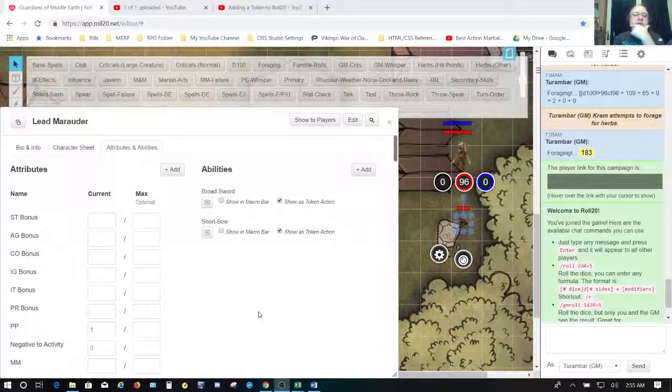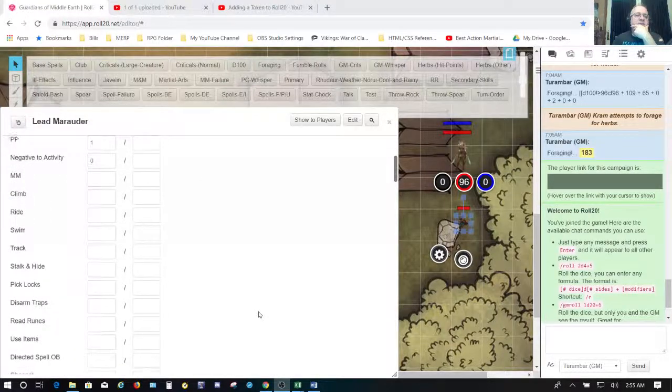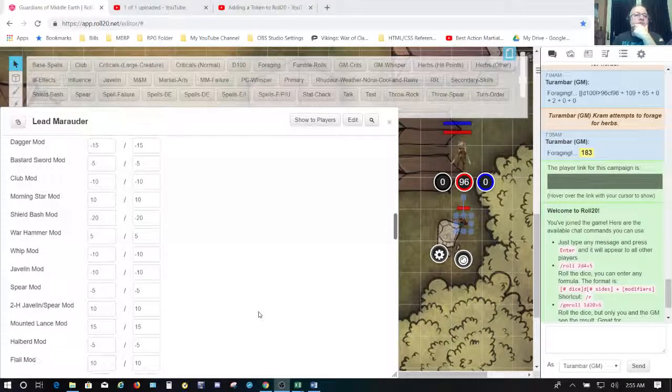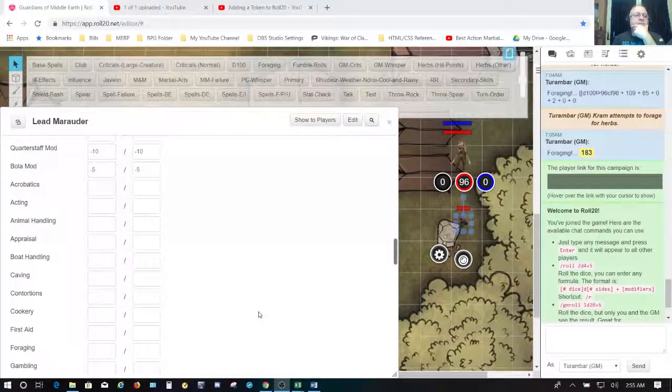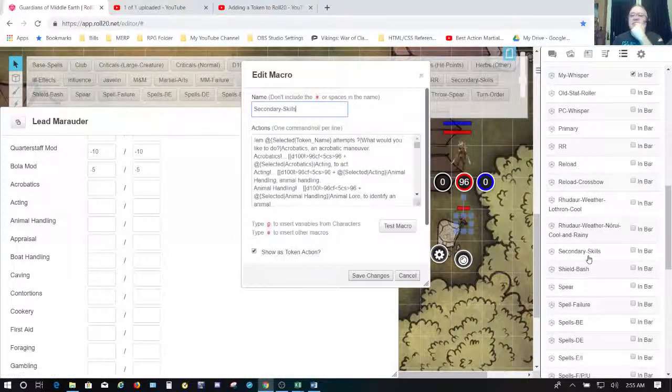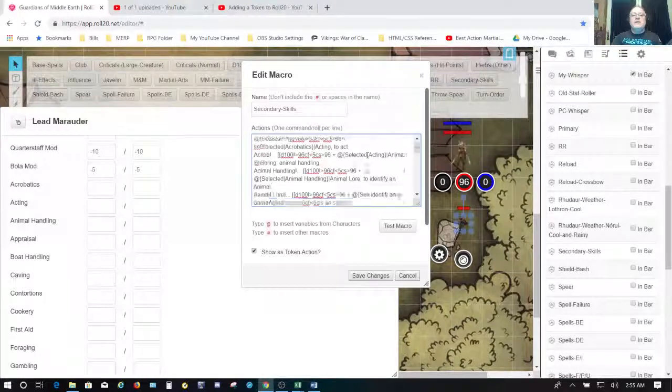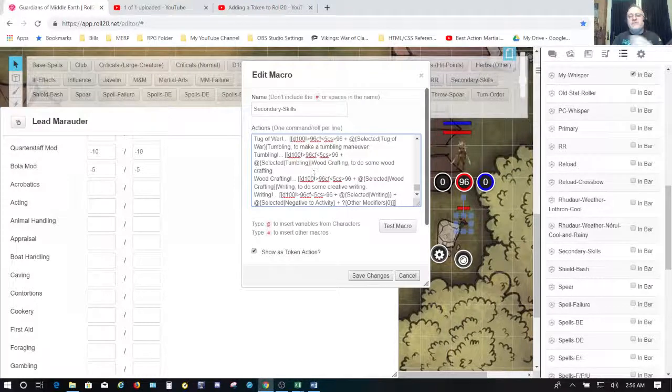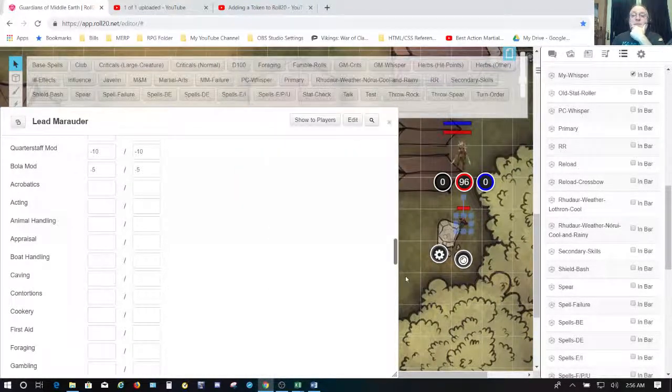But I could really go into great detail on what this is all about. I have a secondary skill macro. It's a common macro. It's a huge macro, just to give you an idea what that thing looks like. It's a very large macro. Not huge. It's one of the bigger ones. Maybe not as big as the two weapon combo macros, but